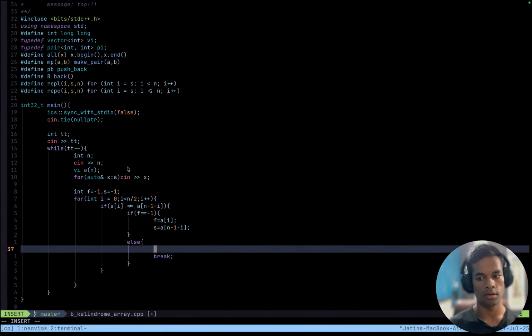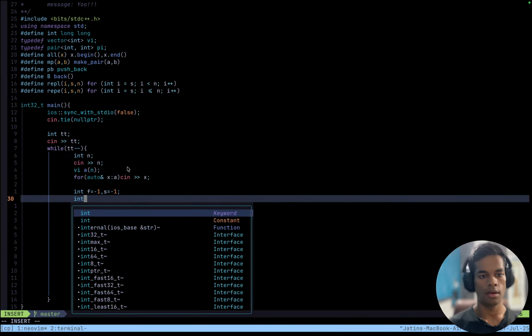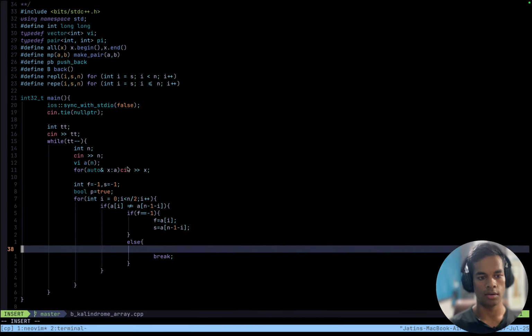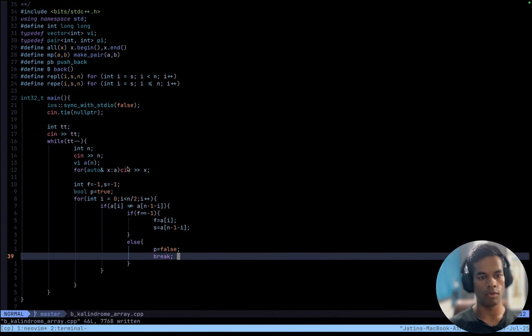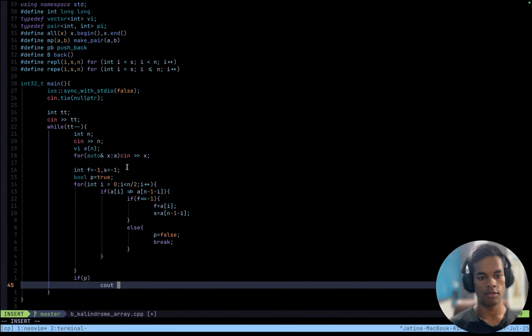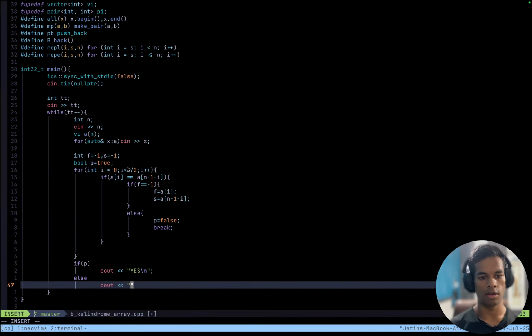And bool possible equals true, p equals false. Later, if p, then cout yes, and else cout no.